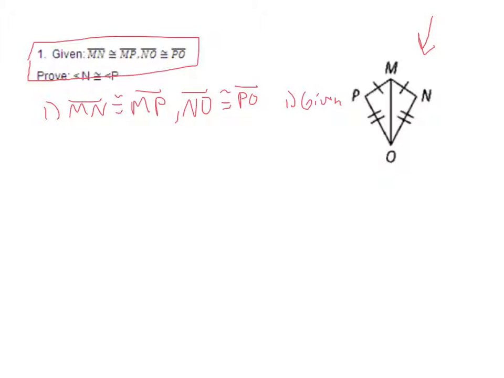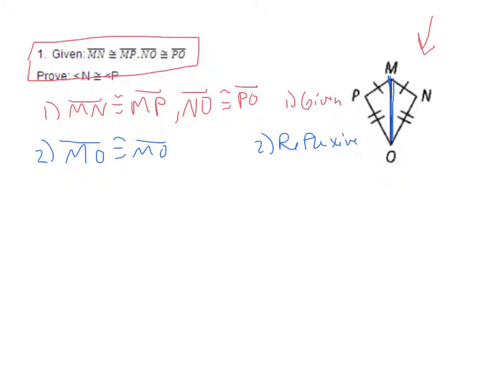the picture. So this given is I have two sides. So when I look at this picture, first there is no words in my given. No words, meaning that then I have to look at my picture to see if I have reflexive or if I have an X, which is vertical angles. When I look at this picture, I see that I have reflexive. There's a side here that's shared. So I'm going to say MO is going to be congruent to MO. And I can say that because